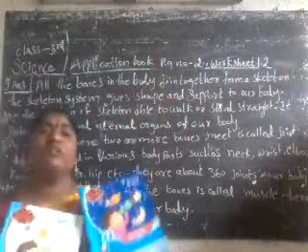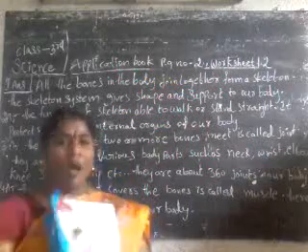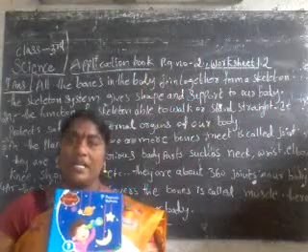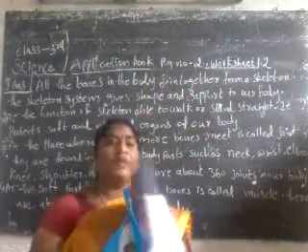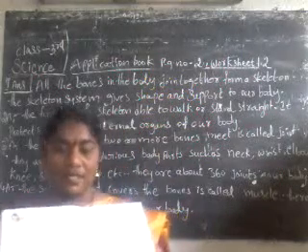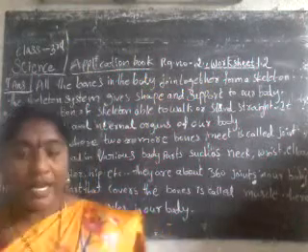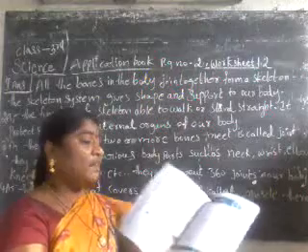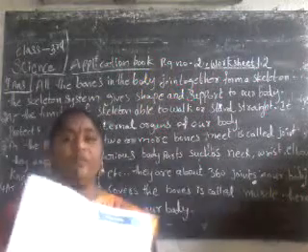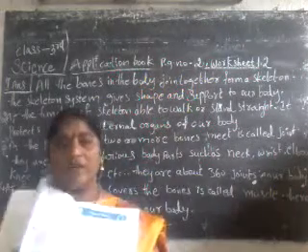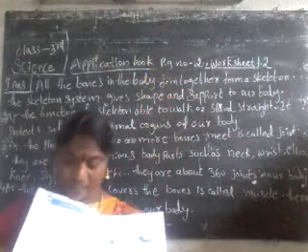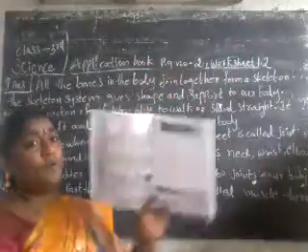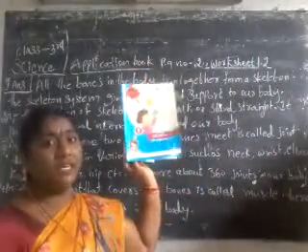We have two books: one is the course book, one is the application book. The course book has the lessons. What lessons are there in our textbook? We have to take the lessons through the course book. Next, we have another book, the application book, which has worksheets, fill in the blanks, true or false, match the following, and one word answers also. Now we have to open the application book, our third class.